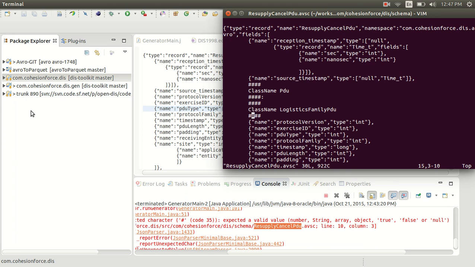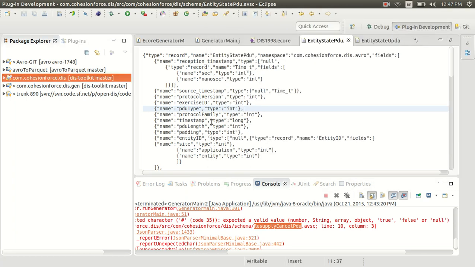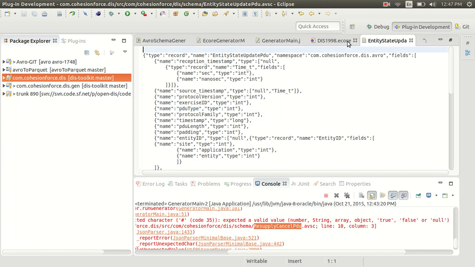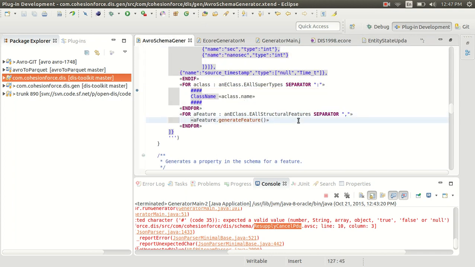So apparently resupply cancel is a logistics family PDU, and the parent of that is just a standard PDU. So that's some interesting stuff. In a nutshell, that's what we did. To get back to some of David's questions about why we've done some of that stuff,